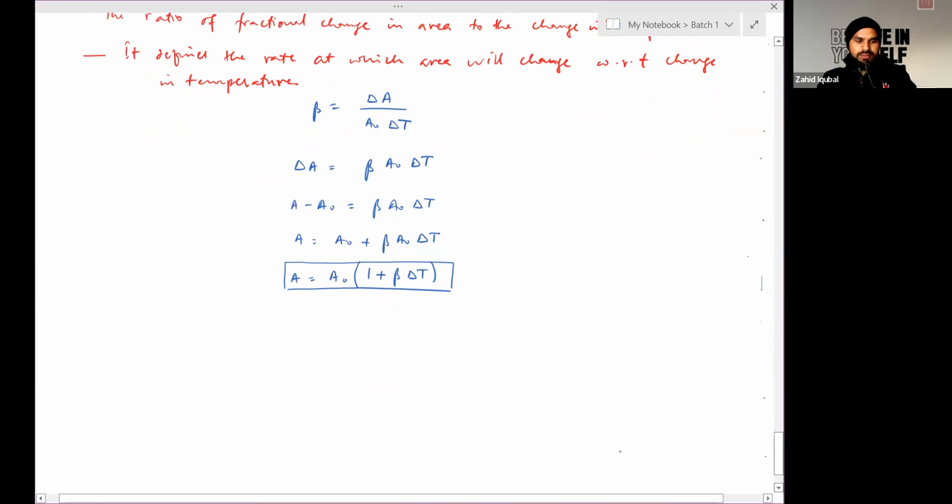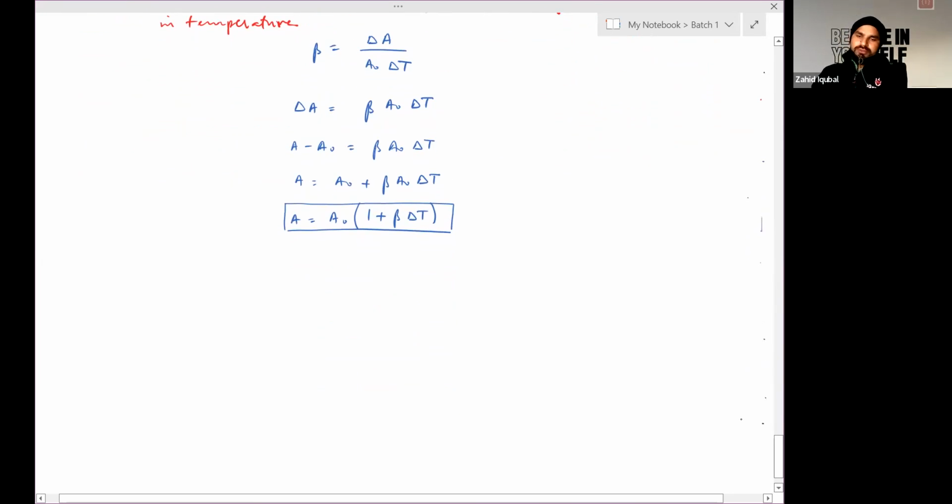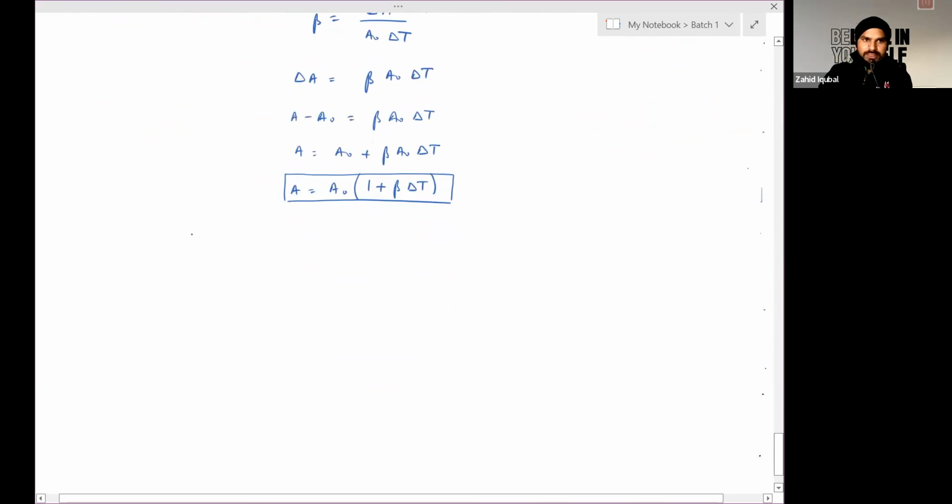Now, first question related to this part will be: define a relationship between alpha, that is temperature coefficient of linear expansion, and beta, that is temperature coefficient of areal expansion. So first is the relation between alpha and beta. So how to relate? Let's say